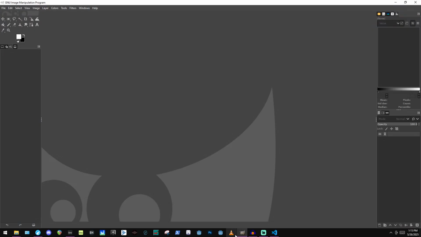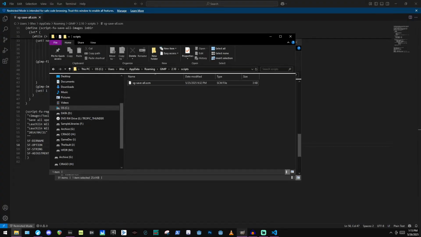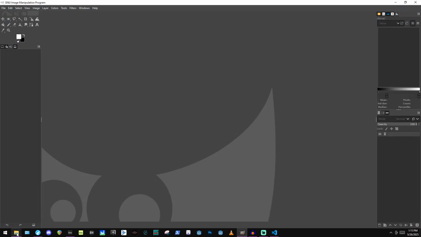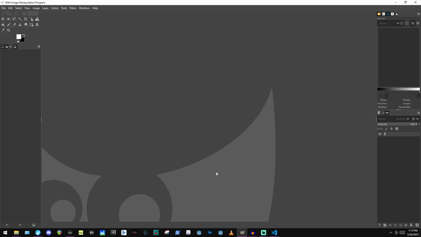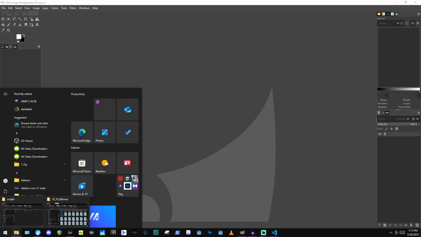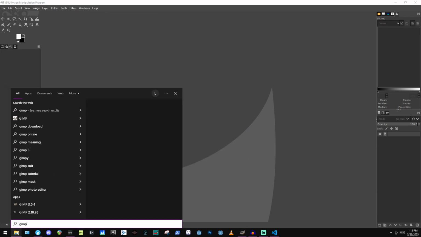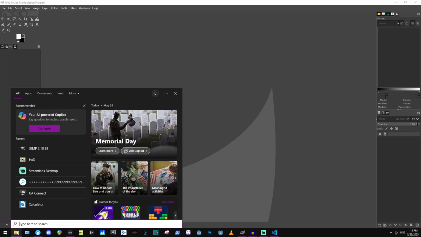After all that, launch GIMP 2.10. Which, interestingly, it seems like you can't run GIMP 2.10 and GIMP 3 in parallel. This should be GIMP 2.10, I think. Yes. If I try launching, why